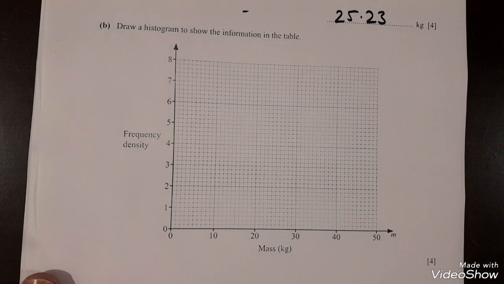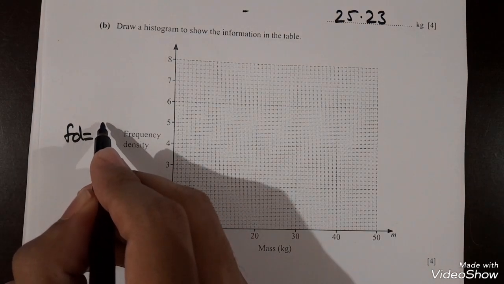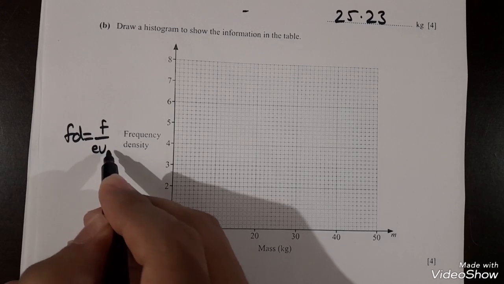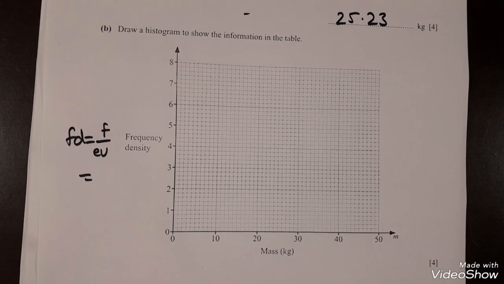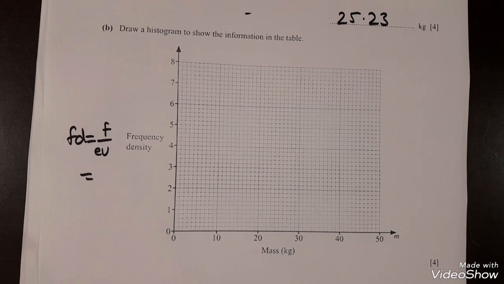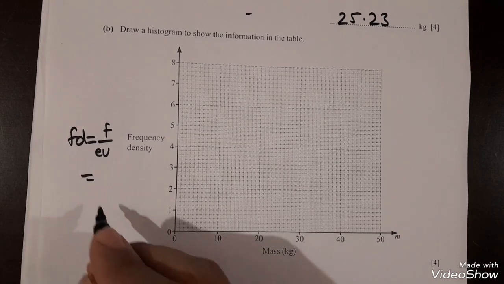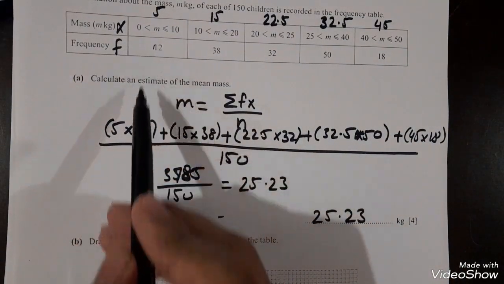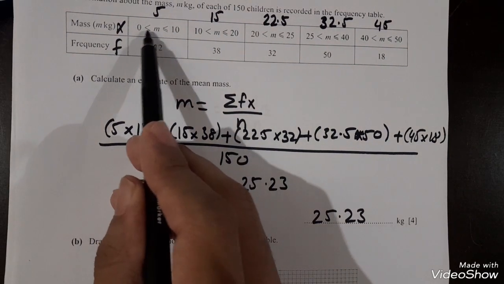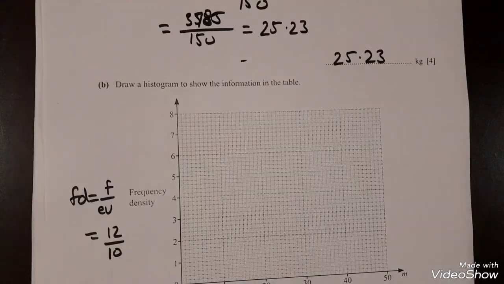So we will use the formula for frequency density, which is frequency divided by class width. Here the first class has a difference of 10, so we'll do 12 divided by 10, which will be